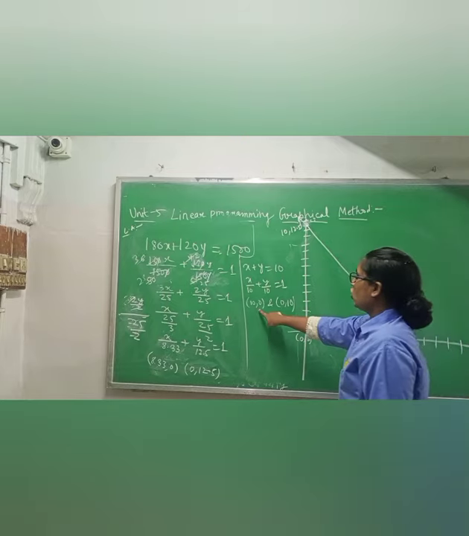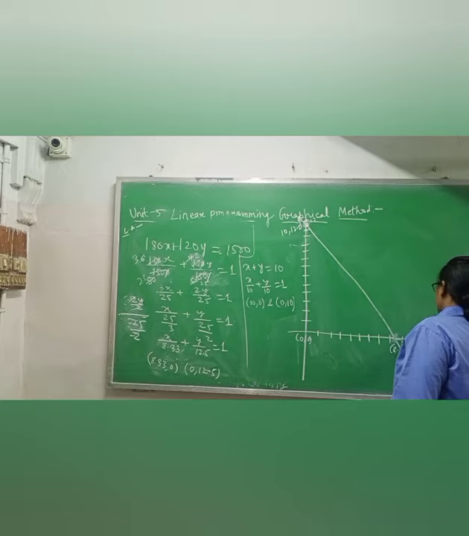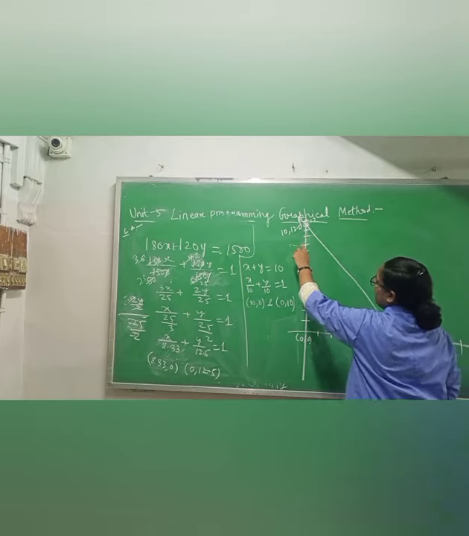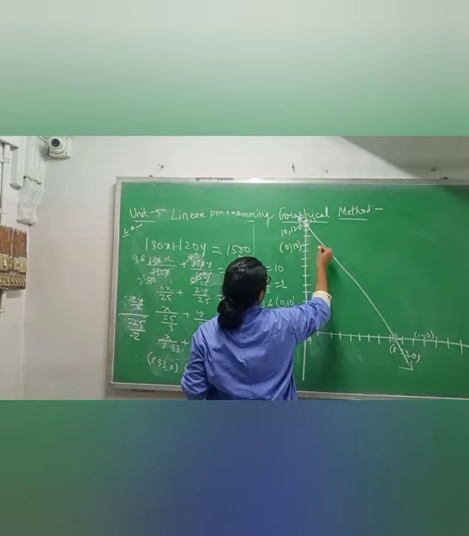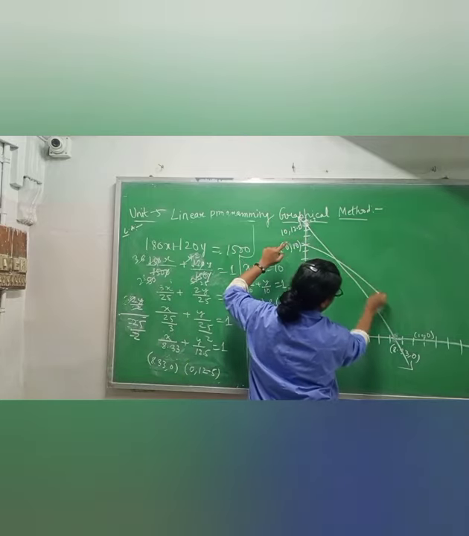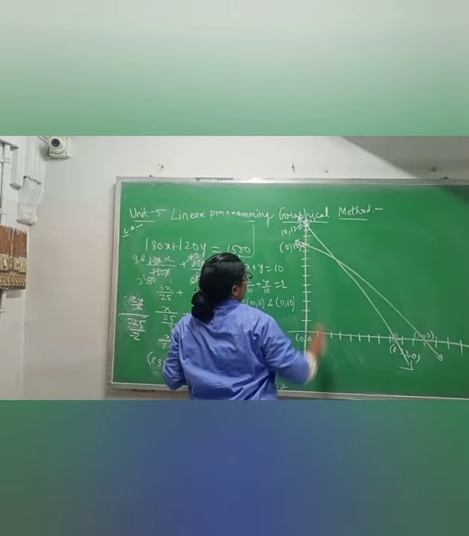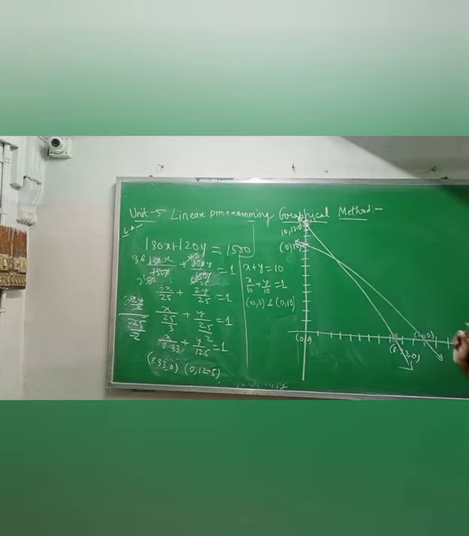Now which point? 10, 0. Where is 10? 8, 9, 10. So this one is 10, 0 and 0, 10. 0, 10 means it is 12, 11, 10. So you have to take this one and this one, and make one straight line. So I got one straight line. Using these 2 equations, I got 4 points and I am putting them on a graph paper. So I am getting this type of thing.